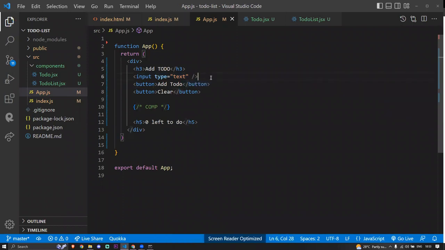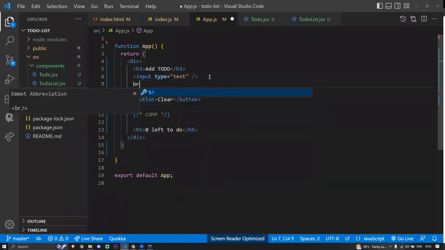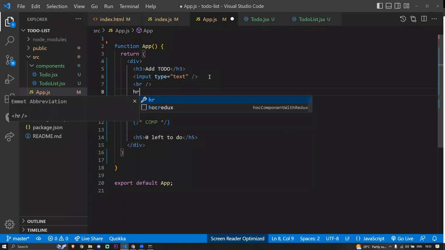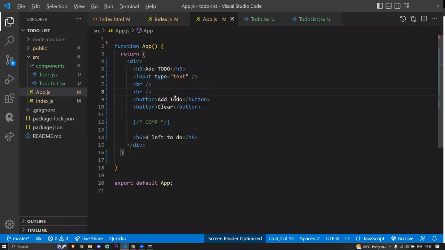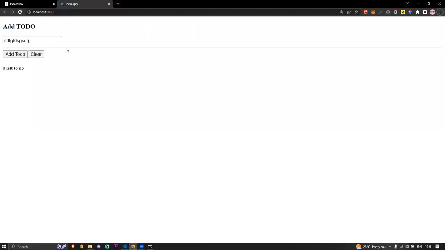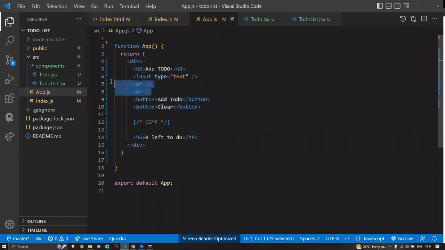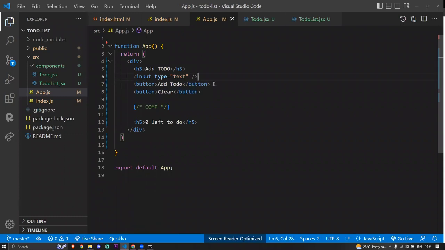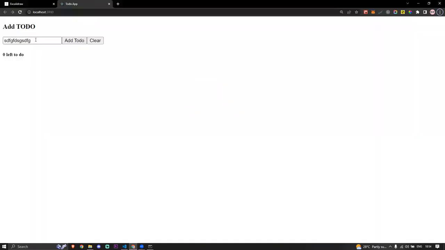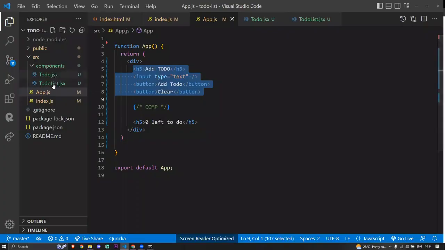Okay, there are two different types of tags in HTML. One is a normal tag, with a start tag and an end tag with the slash. Another one is a self-closing tag, and we have more tags like break and HR. Those are self-closing tags. If you save that, I'm going to get a line also here. You see, these are the self-closing tags. Don't confuse the self-closing with these kinds of element closings. Okay, so now I'll just leave it like this way. So now we have the same output here. Now we have created the two files here, right? Now what I'm going to do basically